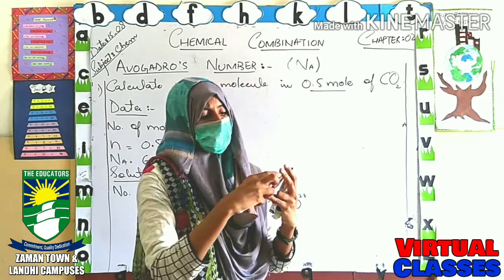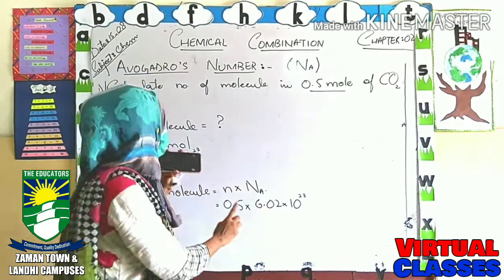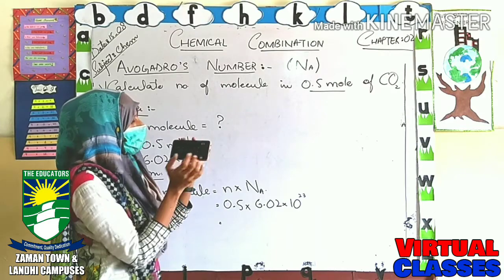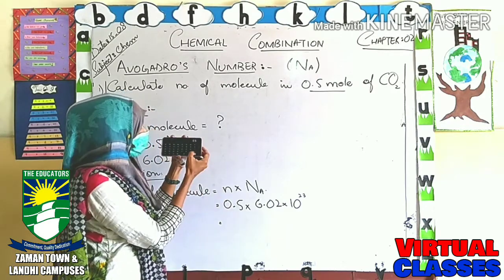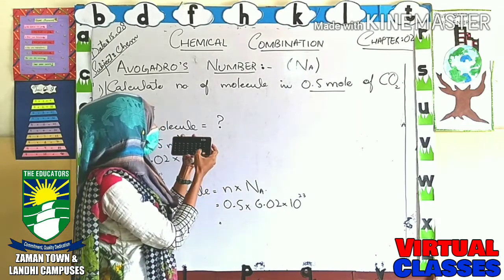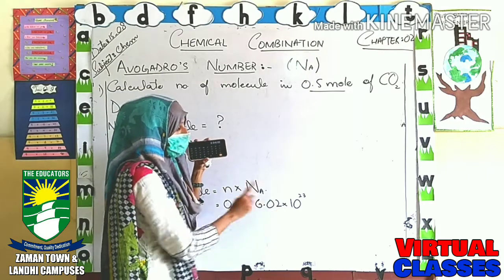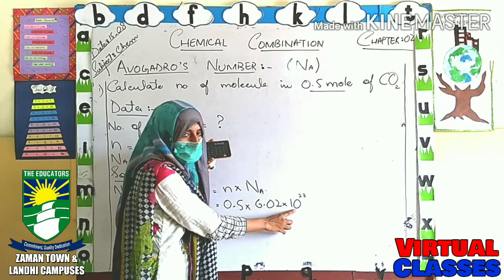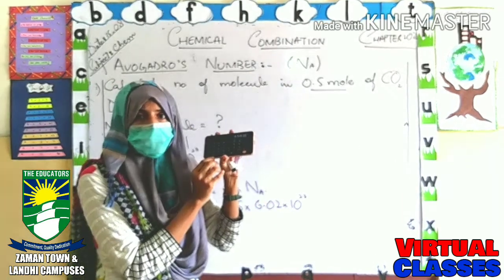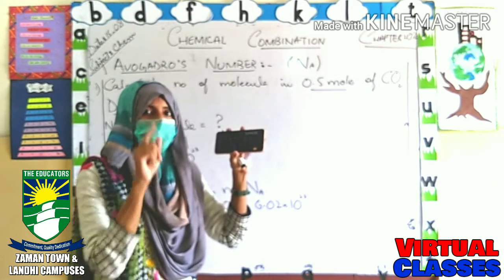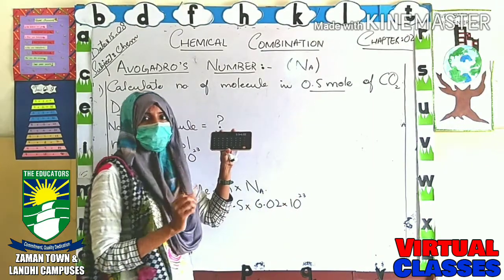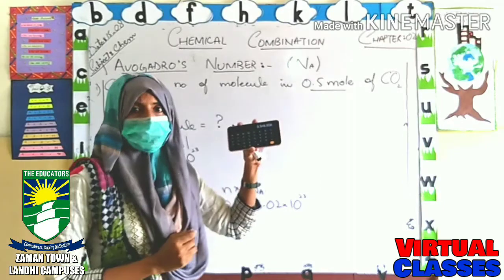Okay, now how will you calculate it? See here, firstly there is 0.5. So that's 0.5. Right? After this, multiply. Then how will you calculate this value? Okay, firstly type 6.02. Then you will not type multiply 10. In its replacement there is a sign of exponent. In your calculator there would be a sign of e. So in place of multiply 10 you will just press the sign e, that is exponent.